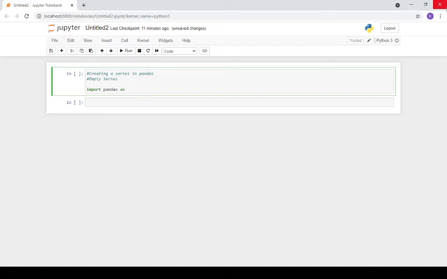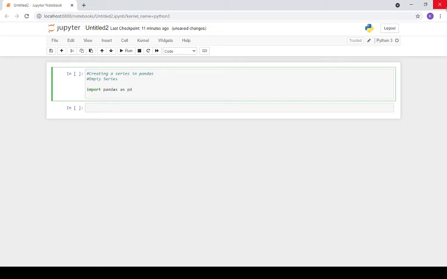If you want to make it a shortcut, use pd, or whatever name you want. If you don't, you have to use the complete name of pandas each time. Commonly it is pd, so I'm using pd. Then I create a variable with the name series, and we go with pd.Series.